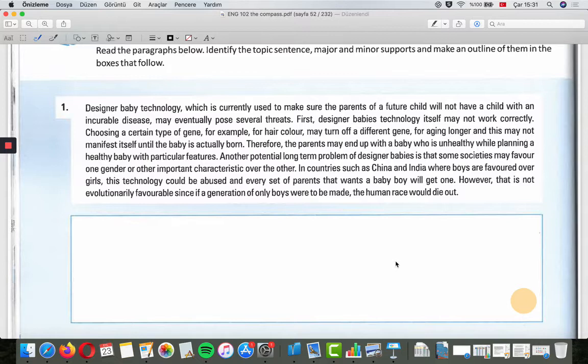Okay, let's have a look at it. It says, designer baby technology, which is currently used to make sure the parents of a future child will not have a child with an incurable disease, may eventually pose several threats. When I look at this sentence, I can easily say that this is my, as you can guess, topic sentence. Okay,